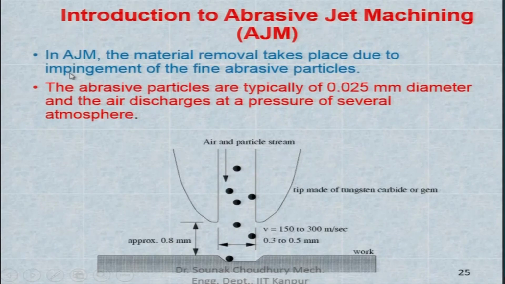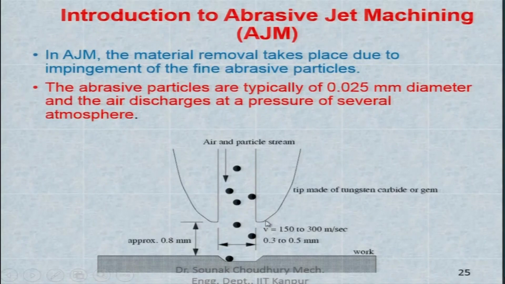In this case, fine abrasive particles are used, which impinge the workpiece surface to remove the material. The abrasive particles are typically of very small diameter, about 0.025 millimeter, and the air discharges at a pressure of several atmospheres. Through this high pressure air, those particles are directed towards the workpiece,